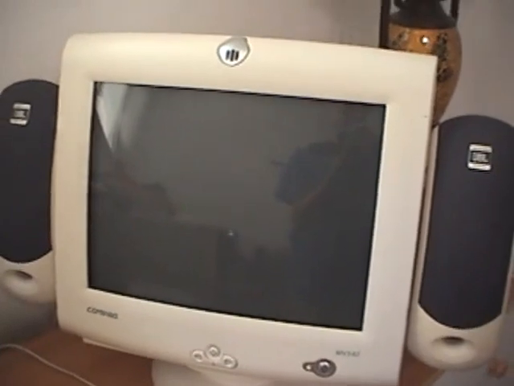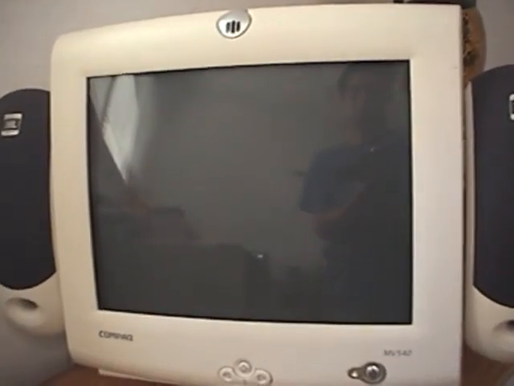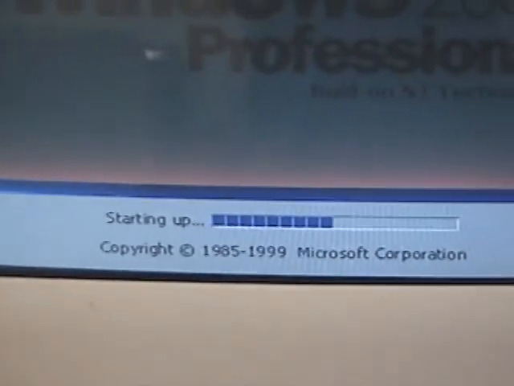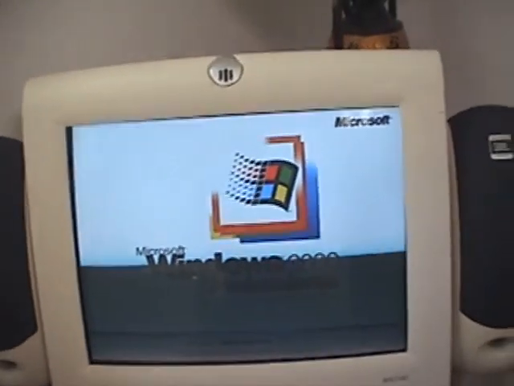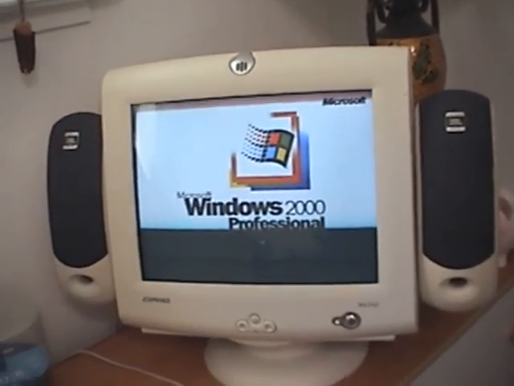Okay, I'll show you Windows 2000 on this thing, showing in long play mode. Starting up. Copyright 1985 to 1999. I remember Windows 2000 pretty much. I remember it back when